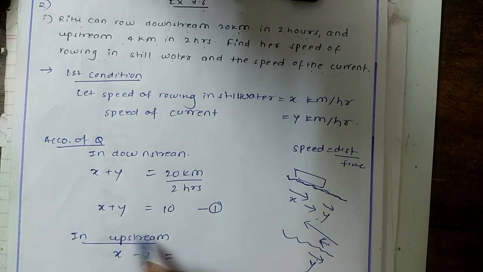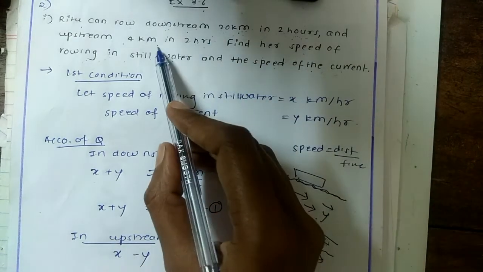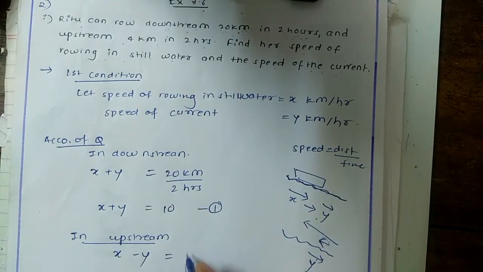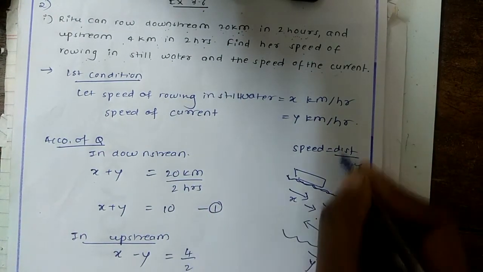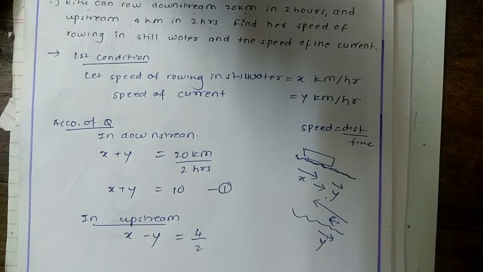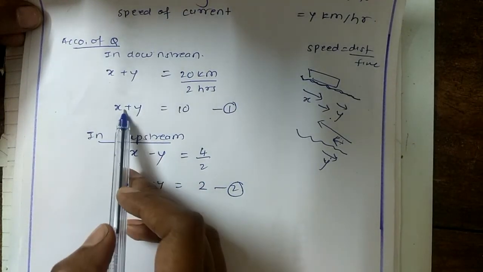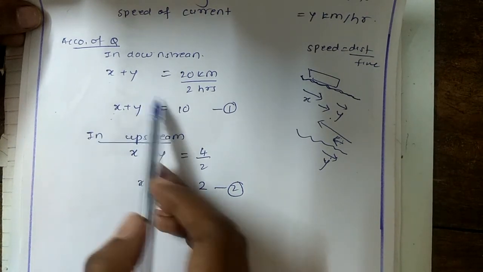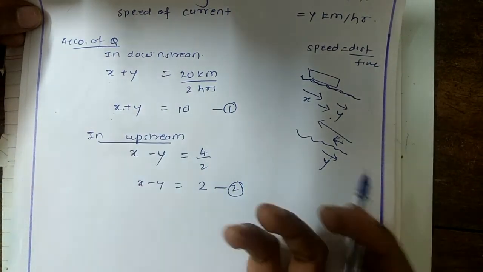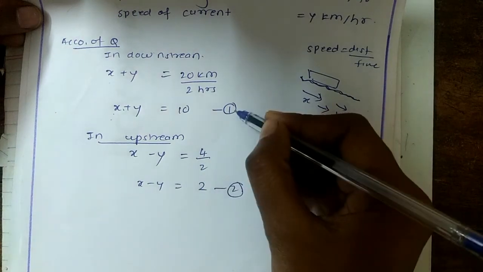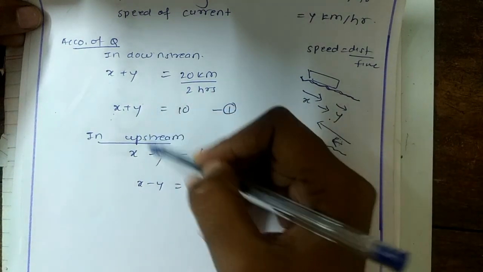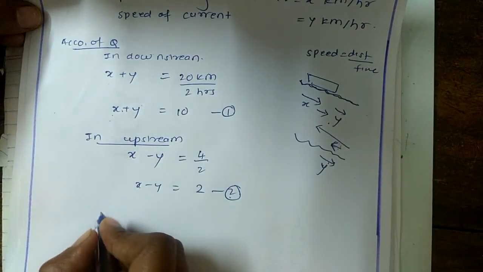This is equal to 4 km in 2 hours. So 4 divided by 2, because 4 is distance and 2 is time. So x minus y equals 2. Let this be equation 2. Now we'll solve for the values of x and y, where x is the speed of rowing and y is the speed of current. I'm going to use the elimination method, and add equations 1 and 2 so that I can eliminate y here. So 1 plus